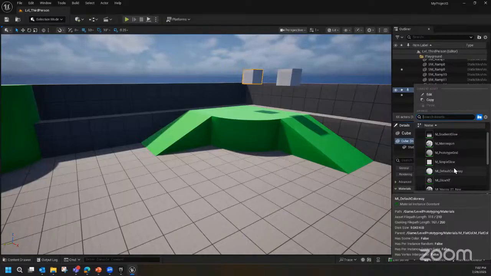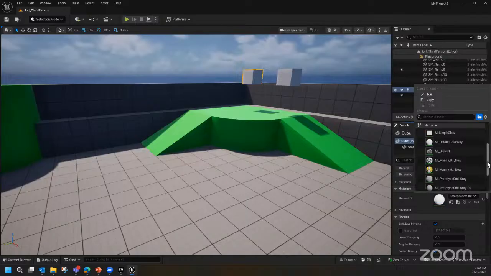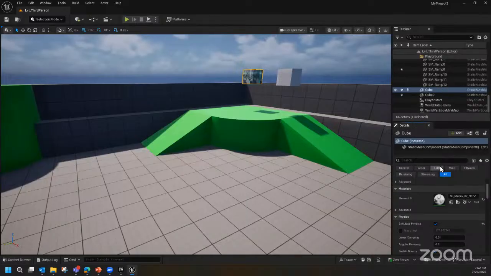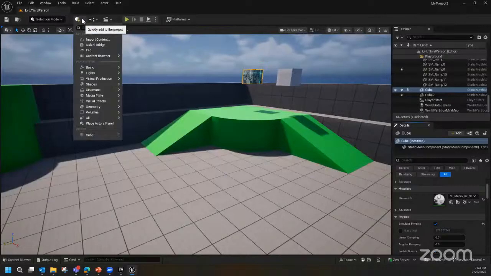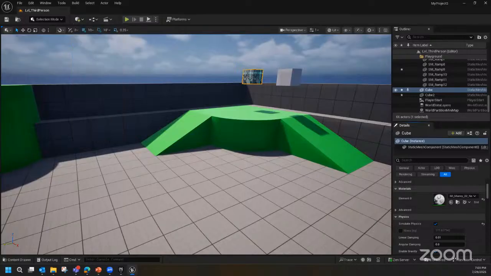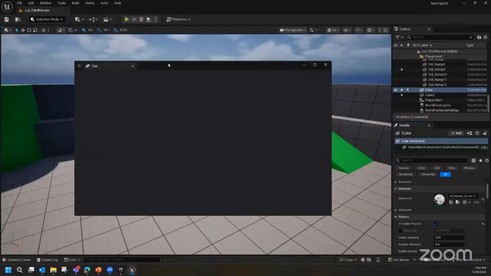And you can look at the ones that are currently available by opening the content drawer on the bottom left of the screen. Right now, we do not have any materials beyond the basic starter ones, unfortunately. So I could try to do something a little bit cooler, but it's still very basic. You can get materials by going over into Fab, and that will launch Unreal Engine's, I'd say, marketplace,